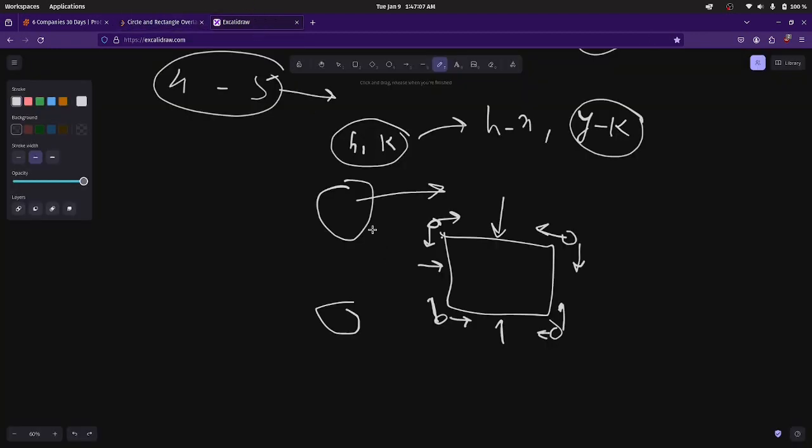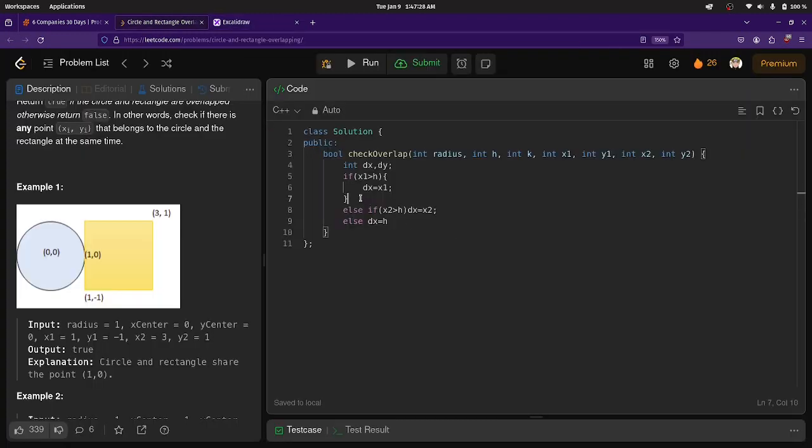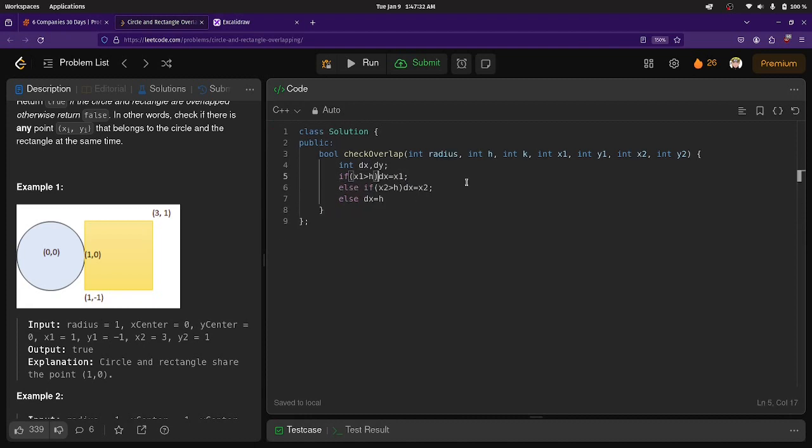हमने क्या बोला कि अगर वो इधर लाई कर रहा है then this is the distance. अगर वो यहाँ लाई कर रहा है तो हमें डिस्टेंस निकालने की ज़रूरत नहीं है। मैंने उसको h इसलिए किया क्योंकि h माइनस h इक्वल्स टू ज़ीरो हो रहा है, क्योंकि ये डिस्टेंस तो ज़ीरो है, ये तो हमें यूज़ ही नहीं करना है। तो h माइनस h इक्वल्स टू ज़ीरो, और अगर वो इधर लाई कर रहा है तो हम x2 के संग चेक कर रहे हैं, तो हम उसको x2 दे दिए। इसको हटा देता हूँ पैरेंथेसिस को, क्योंकि उससे अच्छा लगेगा।